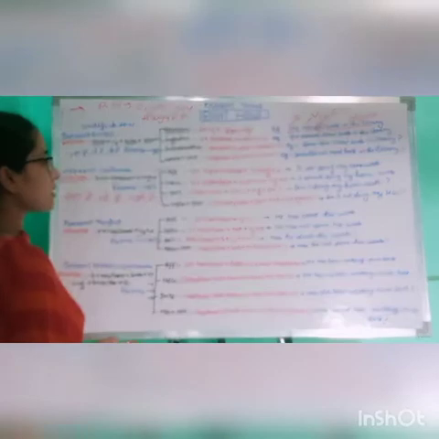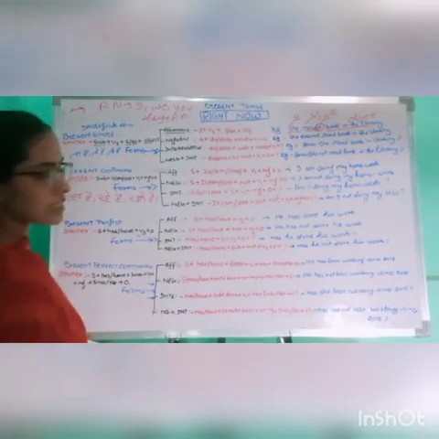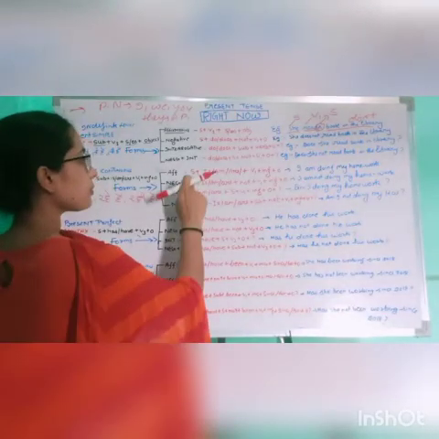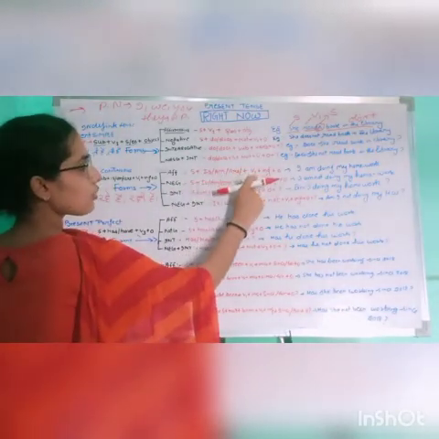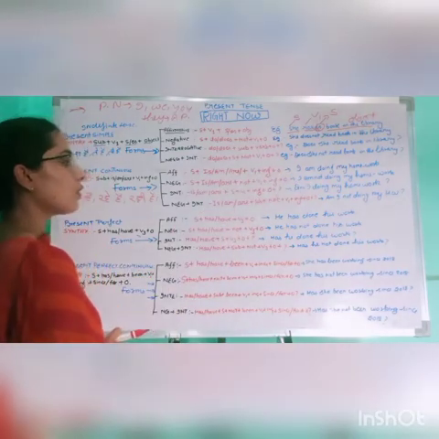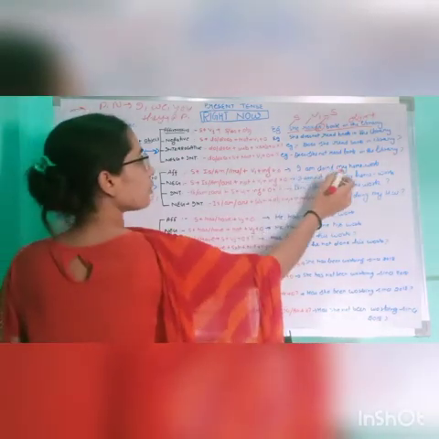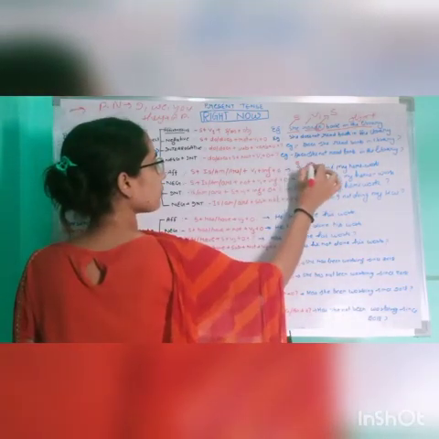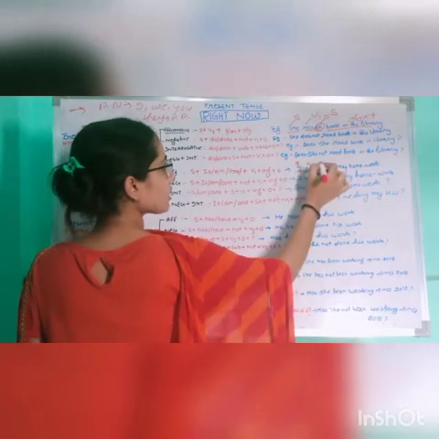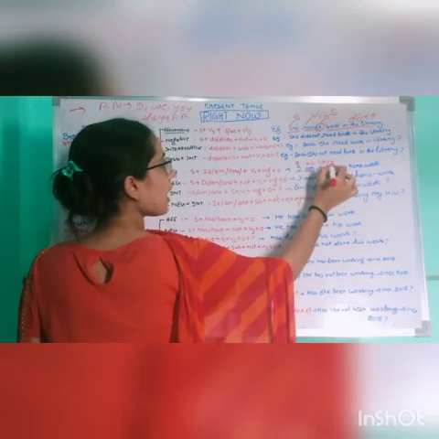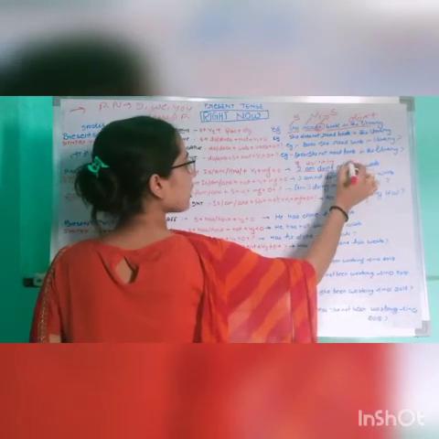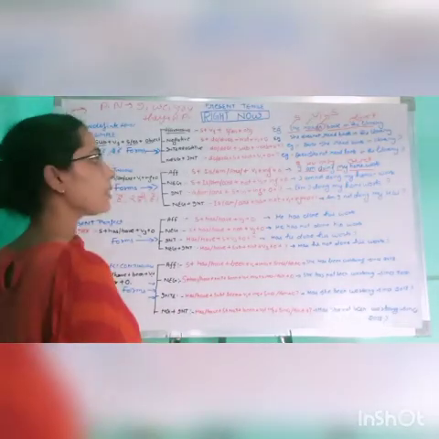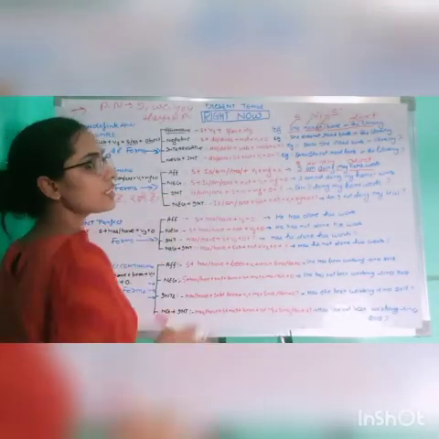Now let us discuss the different forms of tenses in present continuous. First is affirmative. The affirmative syntax is subject plus is, am, are plus verb first form plus ing plus object. And now here is the example: I am doing my homework. Here I is the subject, am is the helping verb, plus doing. Do is the verb first form which is combined with the ing, and my homework is the object. Remember this, students. We have formed a sentence with the help of this syntax.